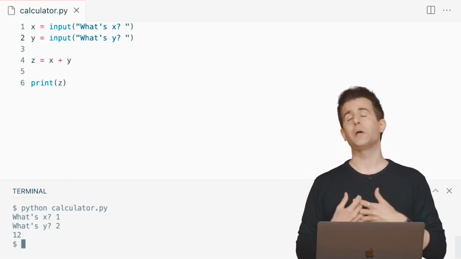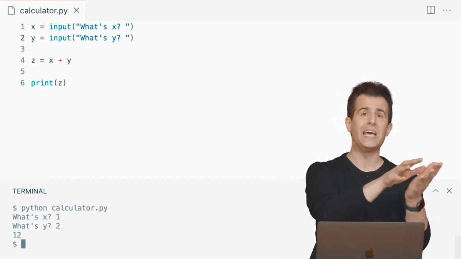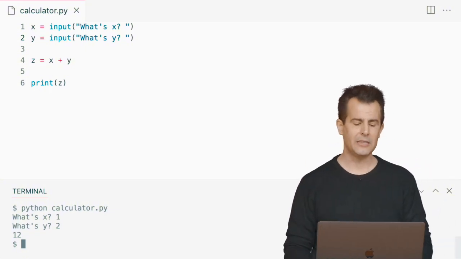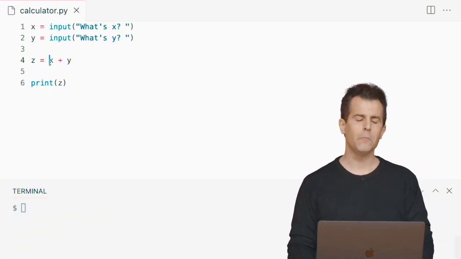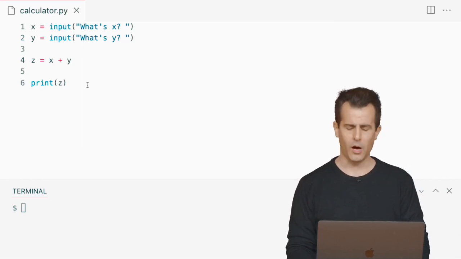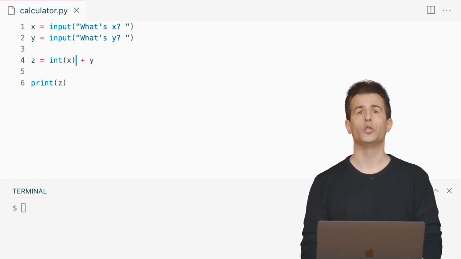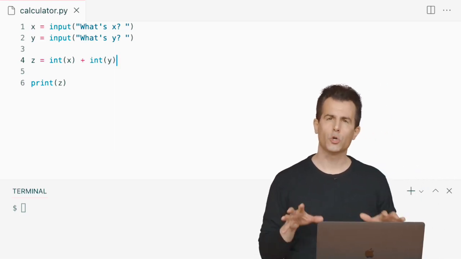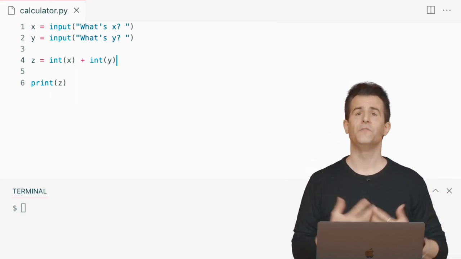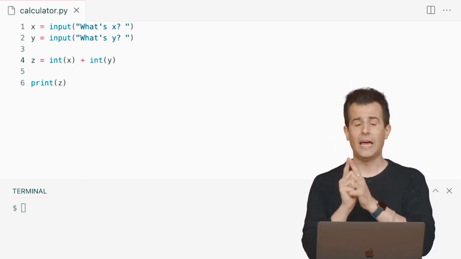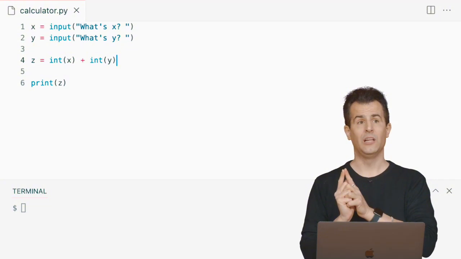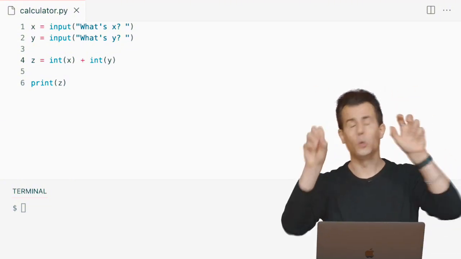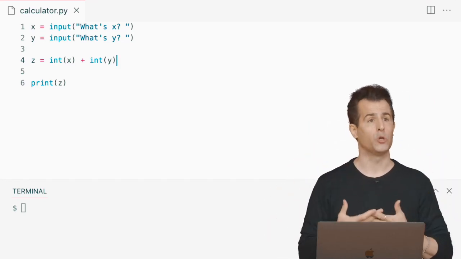And it turns out in Python that you can convert sometimes from one type of data to another type of data, for instance, from string to int, by doing something like this. Let me go back into my code and let me change x before adding it to y to be whatever the integer version of x is, plus whatever the integer version of y is. So it turns out that int is not only a type of data in Python, it's also a function. And it's a function that if you pass in an input, like a string, so long as that string looks like a number, like 1 or like 2, it will convert it to an actual number